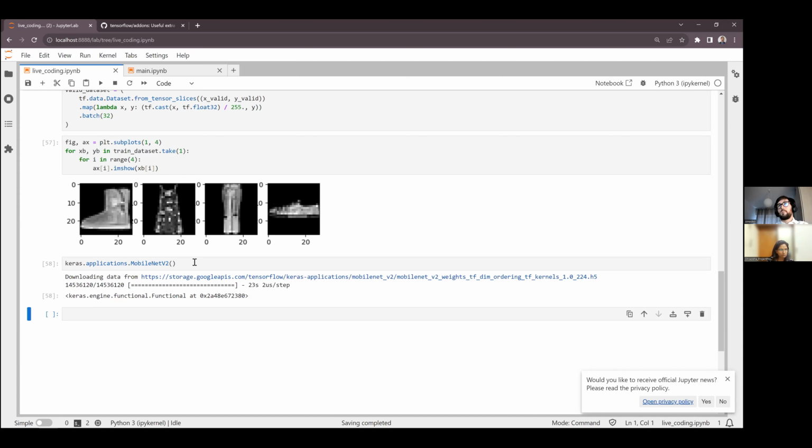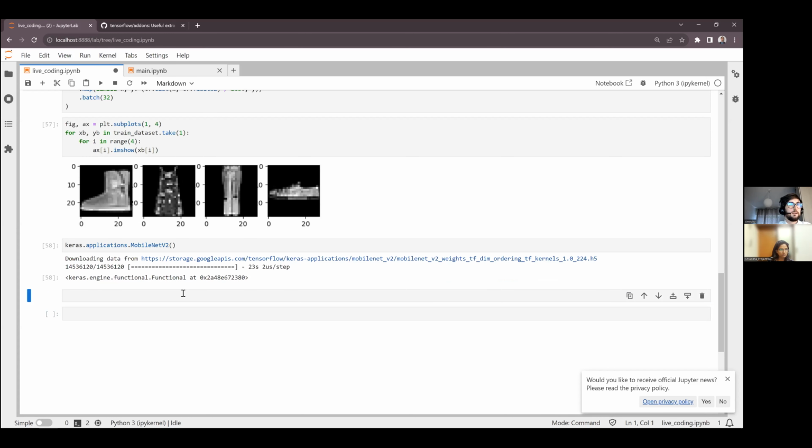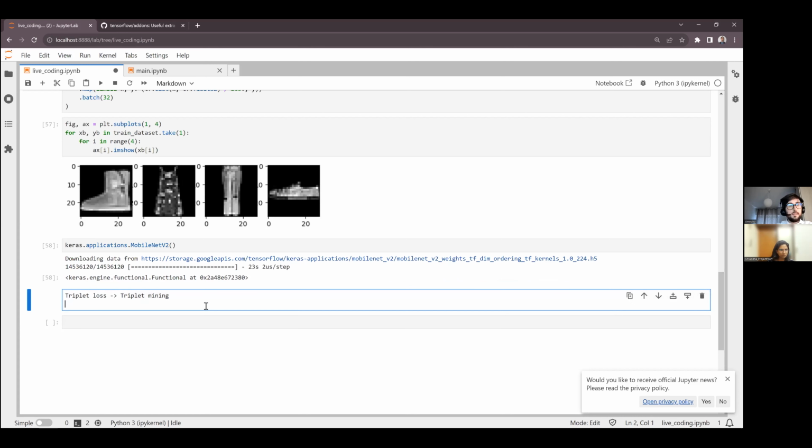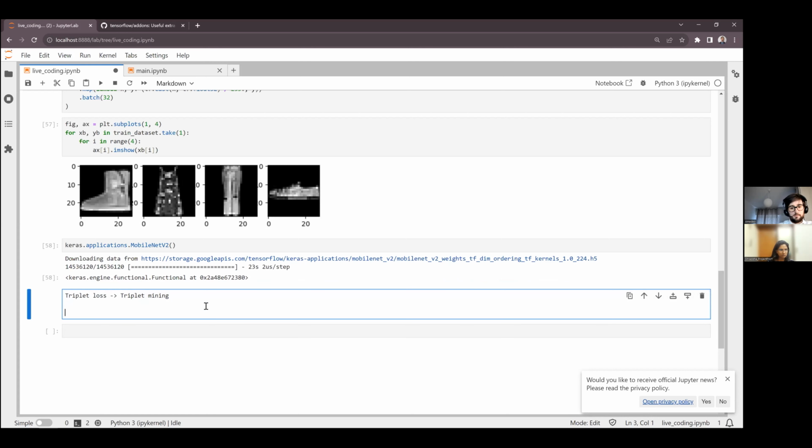There are two main possible approaches. Maybe we can write a bit of stuff here so that we have loss. We need to do something that is generally called triplet mining. So we need to find the triplets that we are going to use to train the model. There are two families of approaches. There is offline triplet mining.